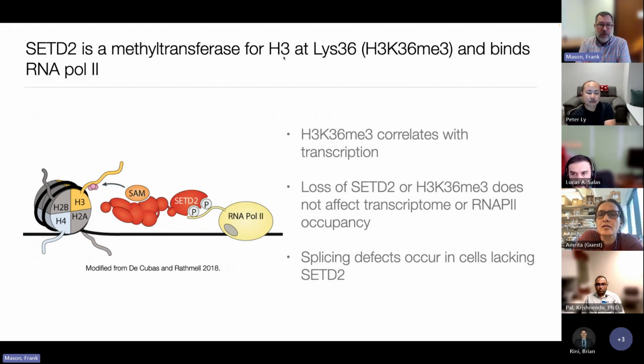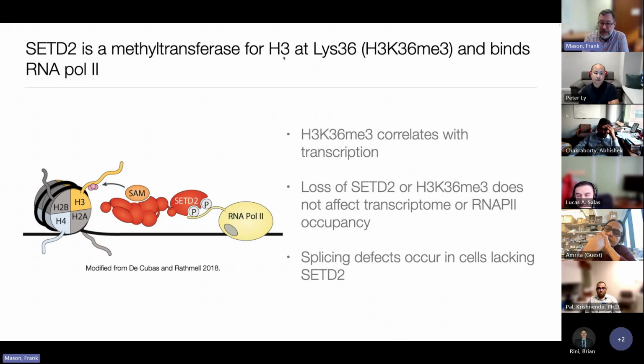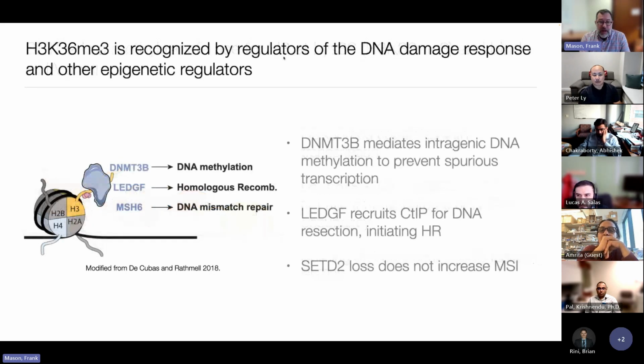So we are leaning towards the hypothesis now that SETD2 loss doesn't largely change genic transcription in a way that might promote transformation and/or this change in heterogeneity. There has been work from a number of different groups over the last few years showing that SETD2 loss can affect splicing, and so there's a lot of work in that space as well. So